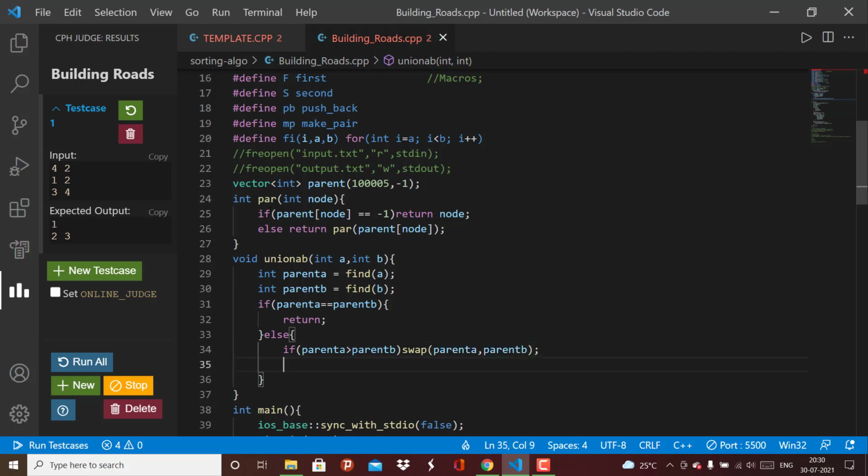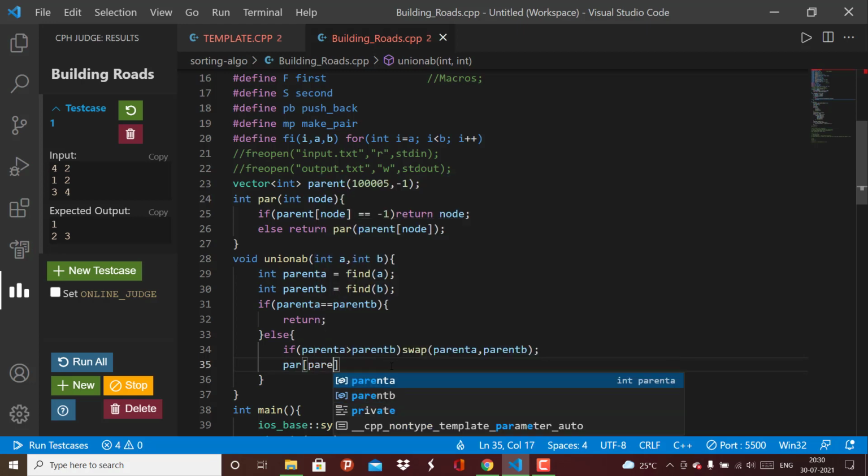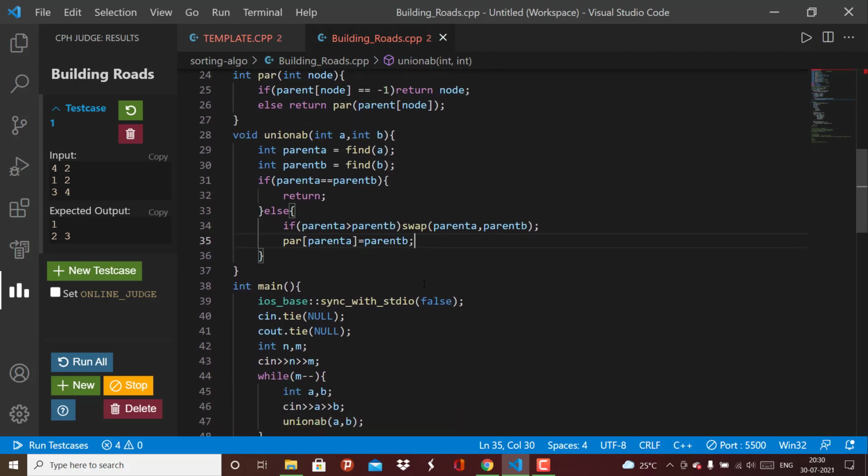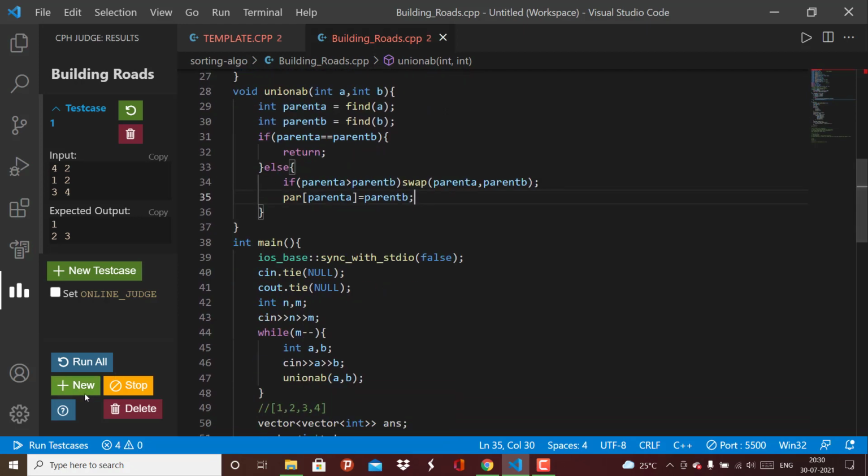Okay, so after swapping, we just need to add one thing, that the smaller one's parent is B. So parent of parent A equal to parent B. Okay, so that will do the thing.